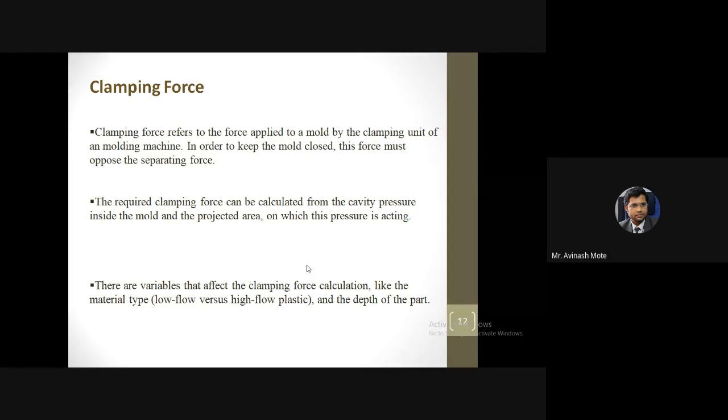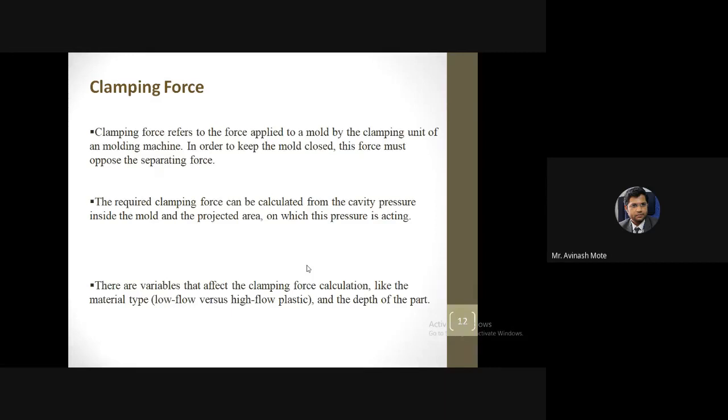Getting it? Okay, so to overcome these forces, we are going to force this mold from the top by using the plunger, the ram, the hydraulic setup. So that's the clamping force. And once this force is applied and the mold cavities are closed, the clamps are locked by using a nut and bolt arrangement.